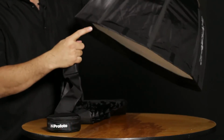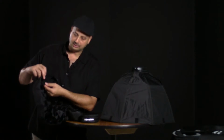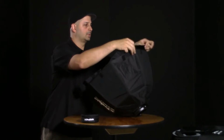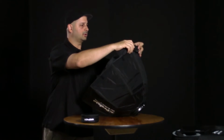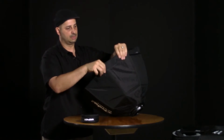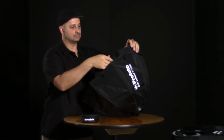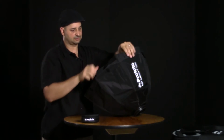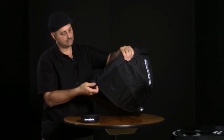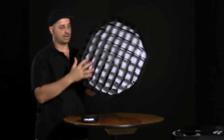And as you can see, it's got the Velcro on the outside, and it's got this recessed lip. Well, this is kind of a pocket that fits around this outside recessed lip. And so all you do is you just fit it from corner to corner, and then the Velcro keeps it in place. And so you just keep going around, and as you can see, it just fits right around that lip of that recessed front, and it goes on super, super easy. No fighting it, and that's it. It's on. Now you have the honeycomb soft grid